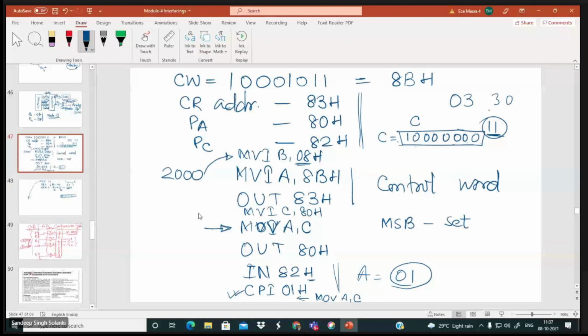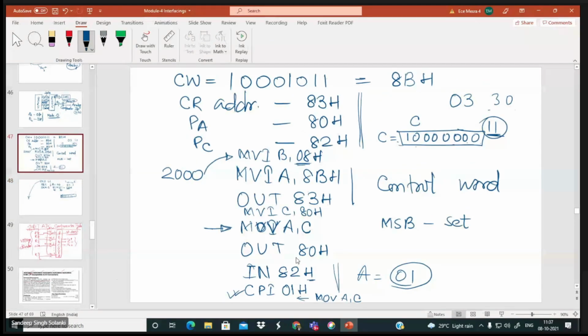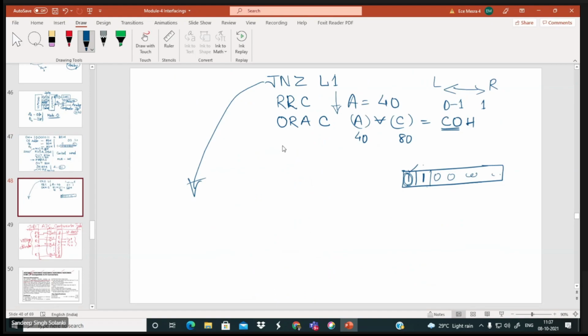Okay, after this, so that you can output it. Okay, and then you can in your comparator compare again, and then again you will reach here. Correct or not? Yes, sir. Okay, but this thing you will be doing for how many times? 8 times only, yes, sir. We are using B as count. Okay, so my question to you, what should I write here? And this jump if not 0, where should I go?